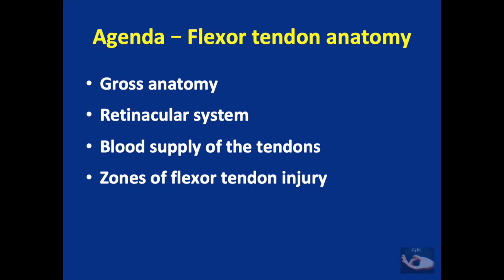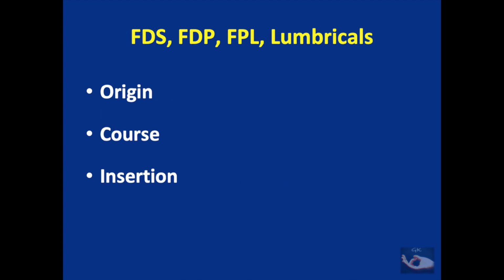We shall be discussing the flexor tendon anatomy under the following headings: gross anatomy, retinacular system, blood supply to the tendons, and the zones of flexor tendon injury and their anatomical basis. Under the discussion of the gross anatomy, we shall be discussing the origin, course, and insertion along with the nerve supply of the flexor digitorum superficialis, flexor digitorum profundus, flexor pollicis longus, and the lumbricals, which are very closely associated